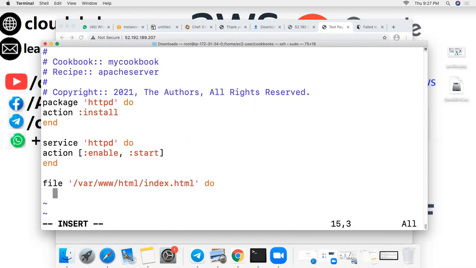And one more thing, content is, content. I write some content like welcome to cloudakshay.com, and this is the chef session.